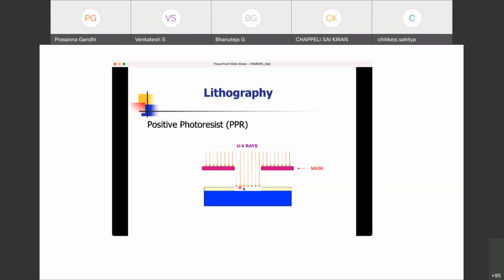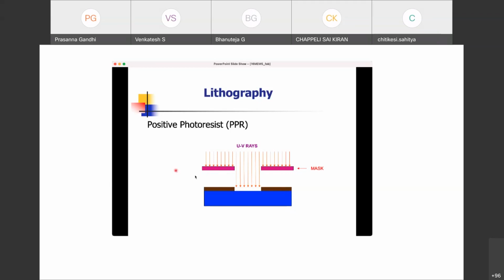That process is called development, and the rest of the part will become a little harder. So this is how the typical photoresist lithography process happens. This is one step among the many steps the wafer will undergo for getting the final devices done. So this is how the positive photoresist can be used to create